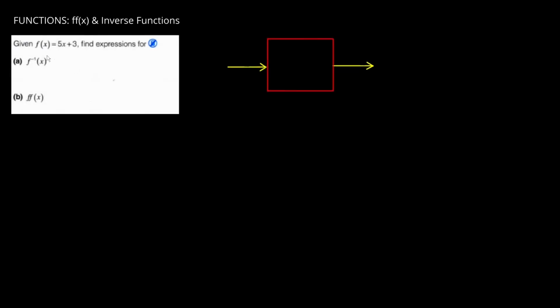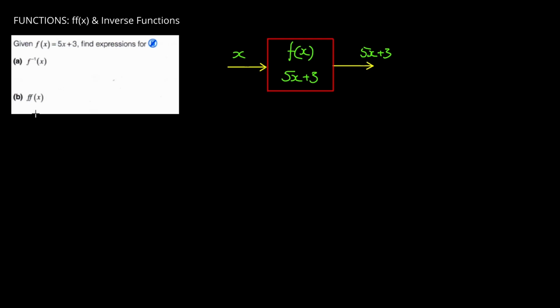So here's another functions question, and we're asked to find the inverse, and then we're asked to put x through the f box twice. Well, let's just set up the normal situation. I've represented the function by this red box. This is f(x), and the rule by which this box operates is that it multiplies the input by 5 and then adds 3 to it. So if I have x coming into the box, in the totally normal situation, I will get 5x + 3